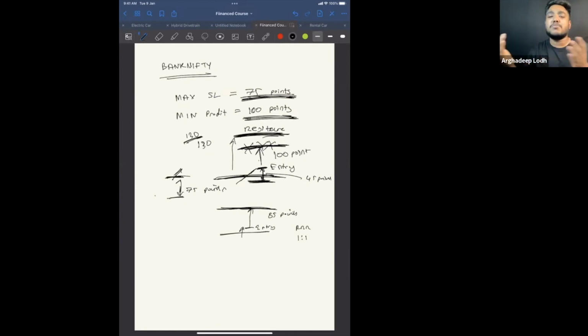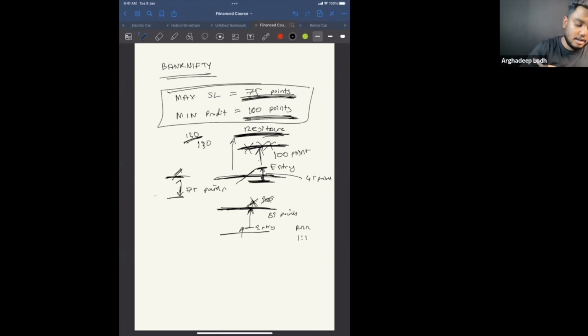100 के अलावा 85 points में आपने profit book किया, क्या कोई प्रॉब्लम नहीं, profit is profit, you guys can take the trade. What I am trying to say is कि यहाँ पे एक logical resistance level है, don't hold it till 100 points. लॉजिकल लेवल है 85 पॉइंट्स पे, 85 पॉइंट्स तक गया, निकल जाओ, बात खत्म, ट्रेड खत्म, यही बोल रहा हूँ. So for Bank Nifty this is it, and for Nifty 50